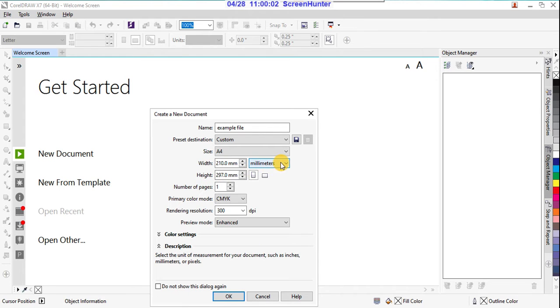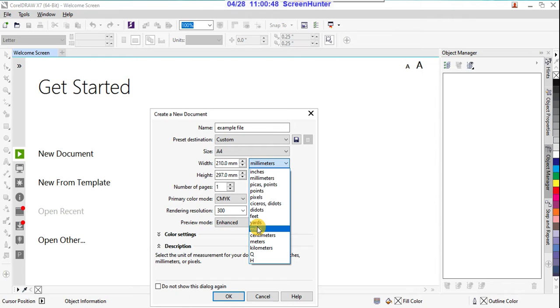By default it is showing millimeters, and you can observe here inches, picas, points, pixels, feet, yards, miles, centimeters, meters, kilometers. So these are the units. It means you can design in kilometers and meters in CorelDRAW. That is the reason mostly all the printers and designers use the CorelDRAW program in the designing field, right?